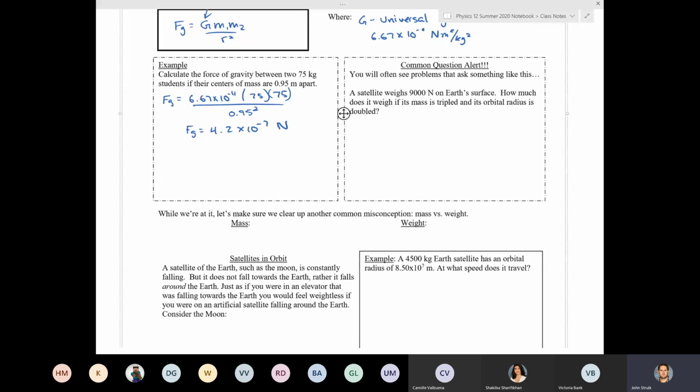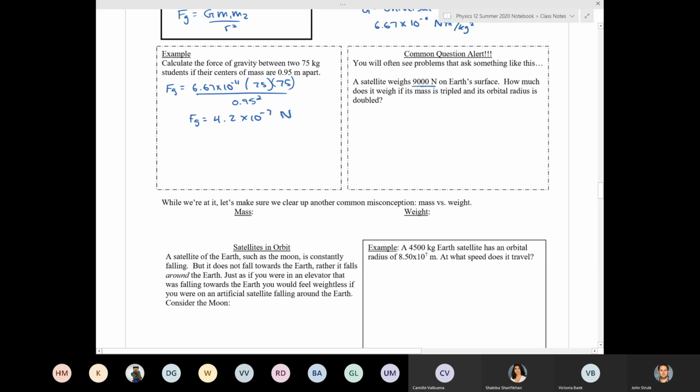Okay, you'll often see problems that ask something like this. A satellite weighs 9,000 newtons on the Earth's surface. How much does it weigh if its mass is tripled and its orbital radius is doubled? So with these types of questions where things double or triple, what you need to do is say, okay, the weight of the object, and